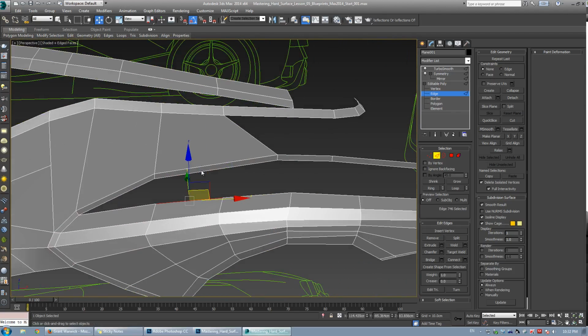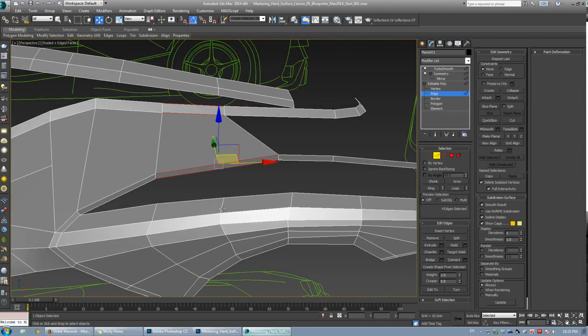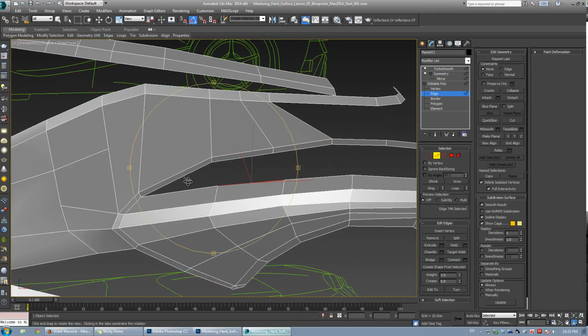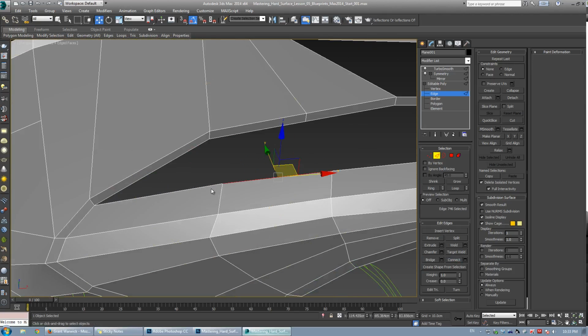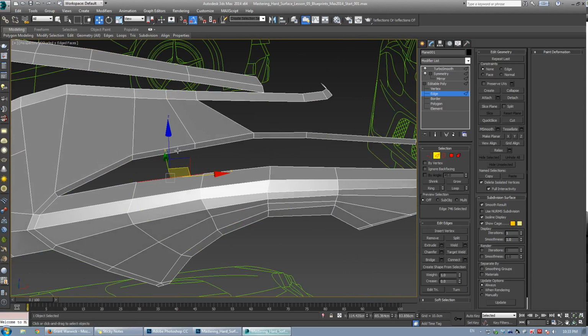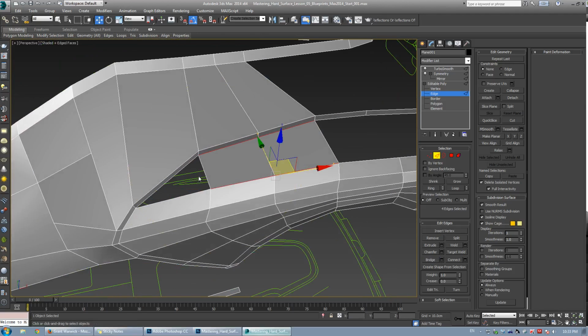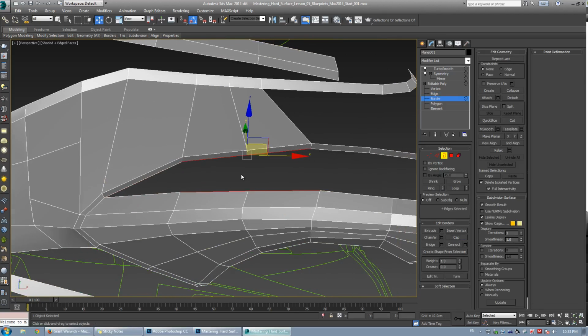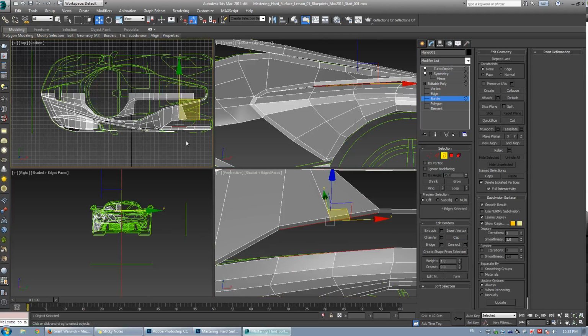So I'm just going to go in and add an edge loop in between here so we've got a clean flowing connection happening. And at this point, I'm not really sure how I'd want to tackle this area because it is quite complex. Sometimes I'd like to fill the whole area in and weld it like this, and then go in and start cutting in the detail into this area. But I think in this particular instance, to make things a little bit easier for ourselves, I'm going to go